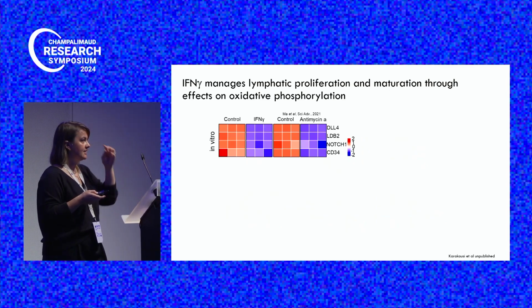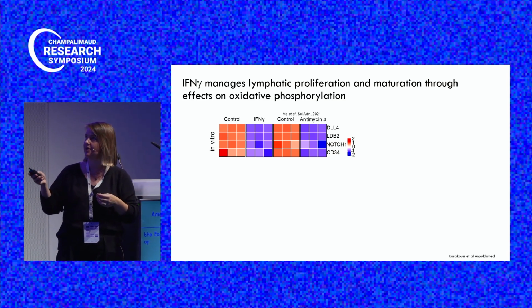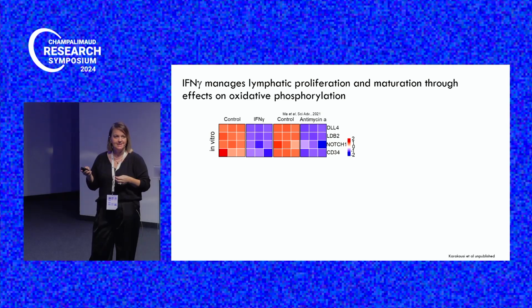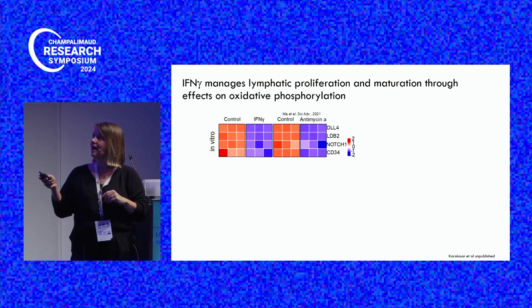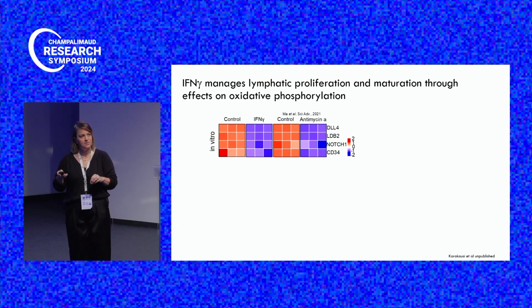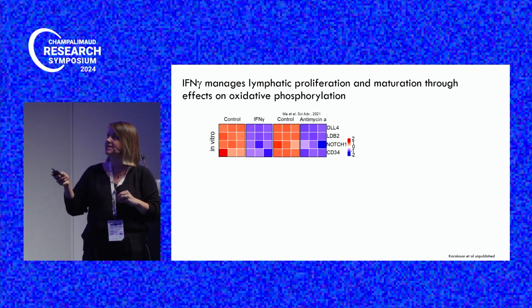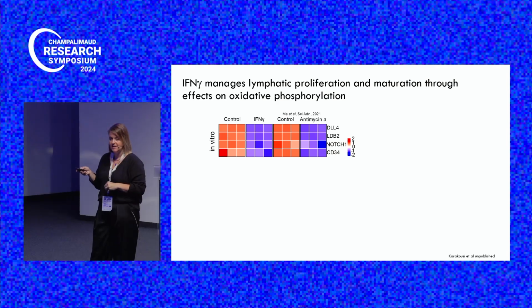If we look at the transcriptomic analysis of human lymphatic endothelial cells treated with interferon gamma or treated with antimycin A, which suppresses complex 3 of oxidative phosphorylation, mitochondrial respiration, what you see is both of these perturbations are sufficient to really drastically downregulate a core program of genes that we associate with this TIP-like state. And to really ask if these are acting in concert and that interferon gamma is acting through complex 3 in order to mediate these responses,